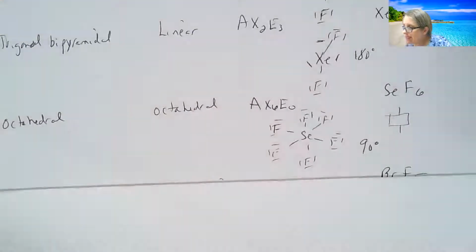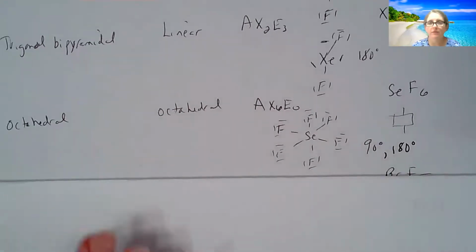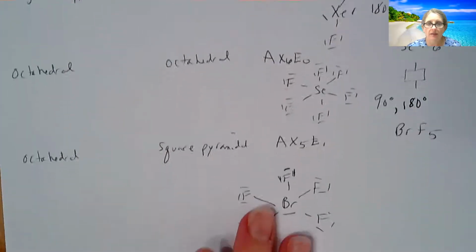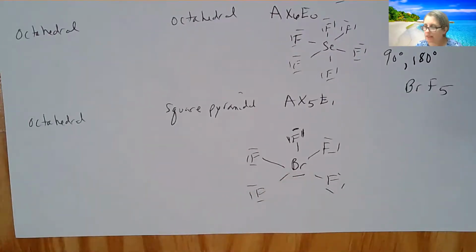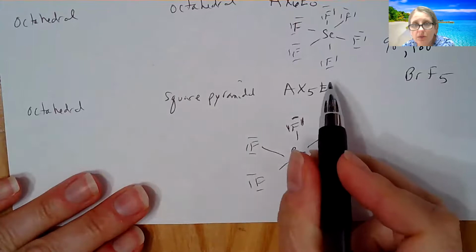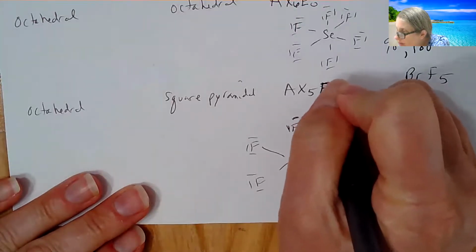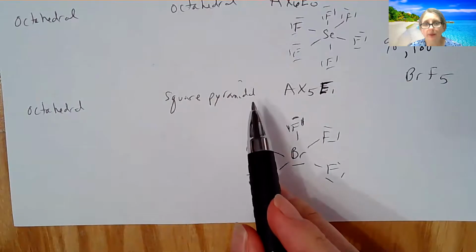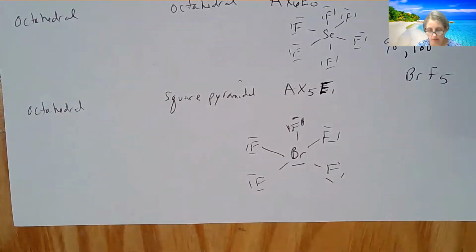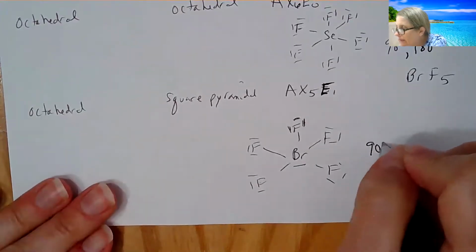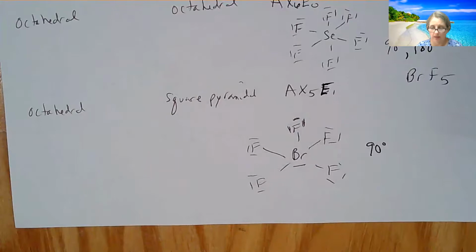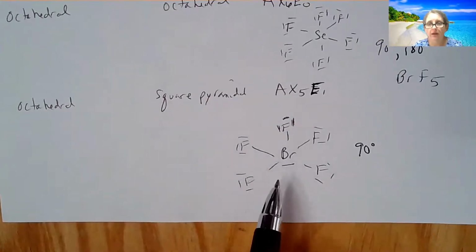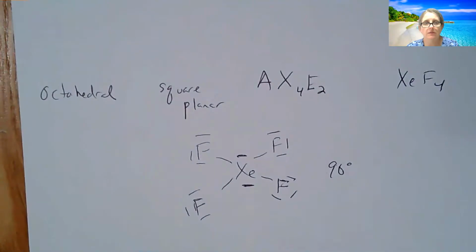Now, it does say 90 and 180, because again, if you're looking at above and below the plane, that would be what you see. Octahedral, there's 2 other ones. Octahedral as a square pyramidal. So if you have 1 lone pair on that central atom, so it's an E1, but you have 5 bonds around that central atom, that lone pair is going to go above or below the plane. So it's called a square pyramidal. And for this one, the only bond angle you could possibly have is 90. So that is where the 180 kind of drops off, is when you start to take off a bond from an octahedral. And the last one, I ran out of space, hopefully you still have space on your sheet, is